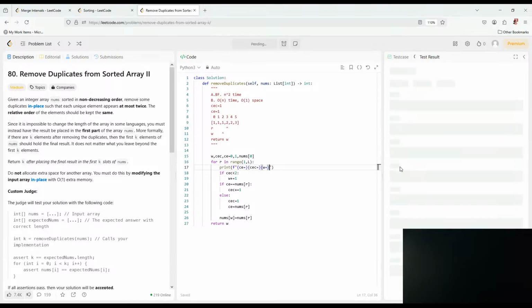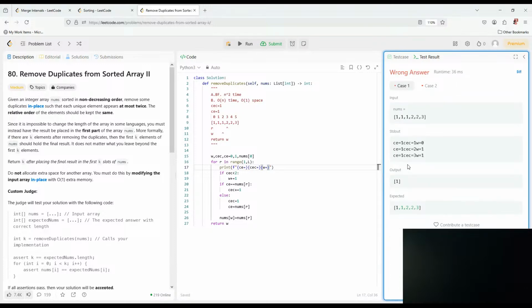So right pointer shouldn't be moving, right? 0, 1, but we are not moving forward with